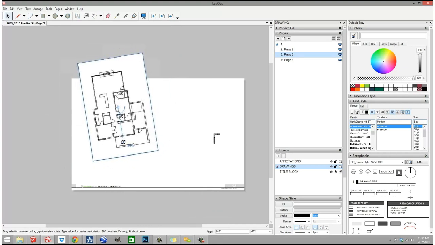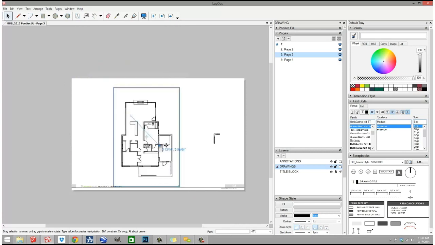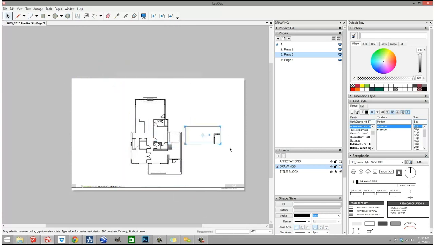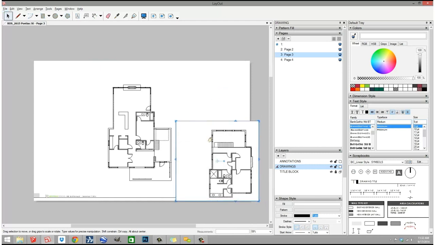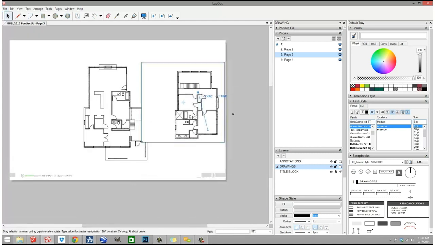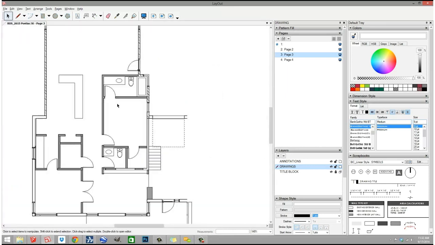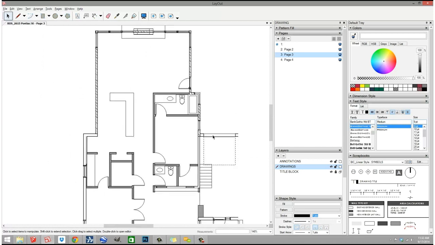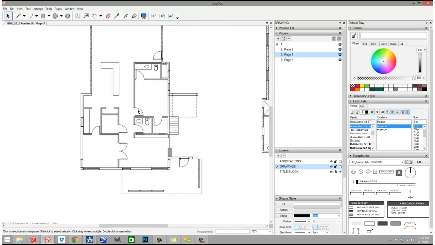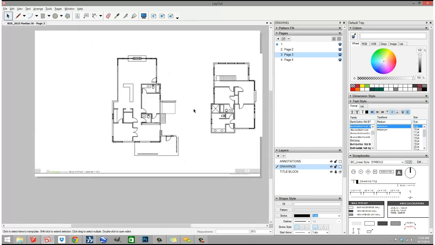All right, and then I can rotate them around. I can arrange them on my sheet, whatever it is I need to do to set up my page. Now, when I zoom in on this, you can see all of our hatches are already set up. So our exterior walls have one hatch, our interior walls have another hatch. And if you think about it,